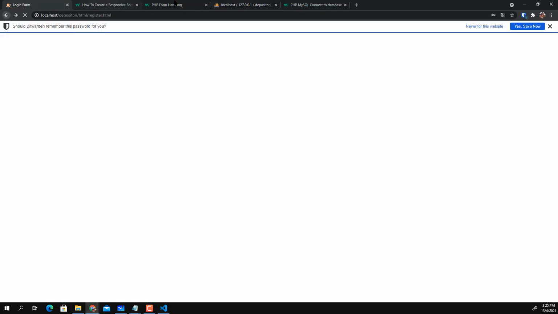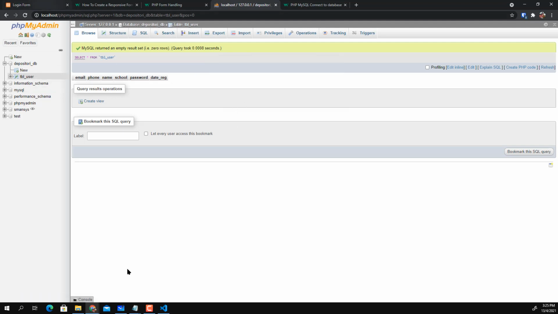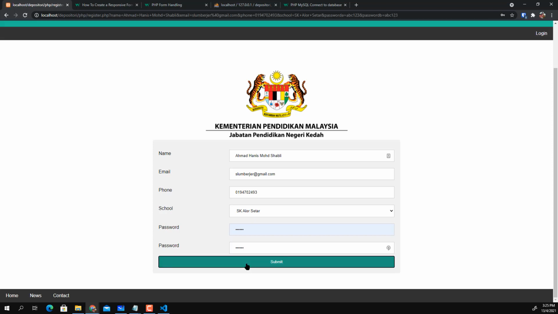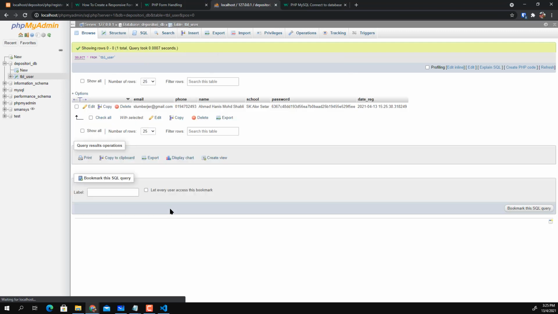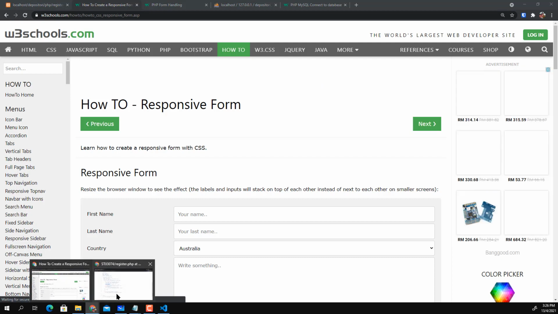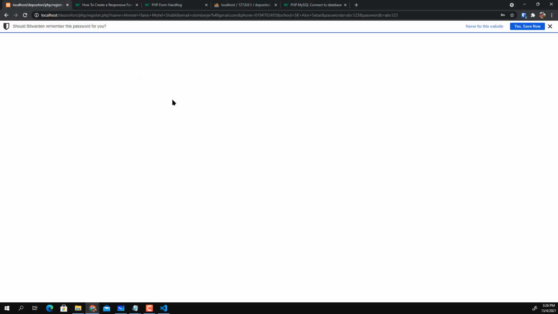So let me try that one more time and see the result. So delete it and just submit and check again our data. So now you see the password changed to this SHA1 value. All right, so it's no longer storing a naked password or readable password. All right, so that is the registration process, and of course, for now we didn't have much in terms of the response. So if you wanted to, if the registration is a success,